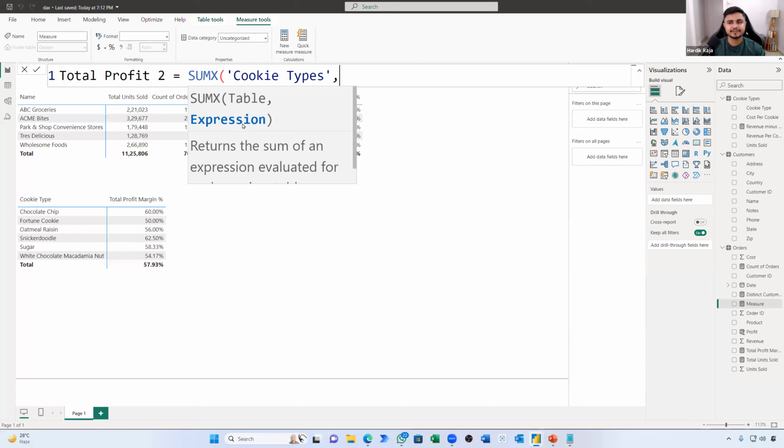Now, let's do this. If you remember, you have units sold, you have to subtract your revenue minus cost and you have to multiply it by units sold. That is how you will get profitability for each row, and it should come on a cumulative basis, and we should be able to verify our answer with total profit. If we do not get the total profit same as what we have done column wise, that means something we are doing wrong. There is some error in our logic, we have to rectify it. So that is how we are doing our cross check also.